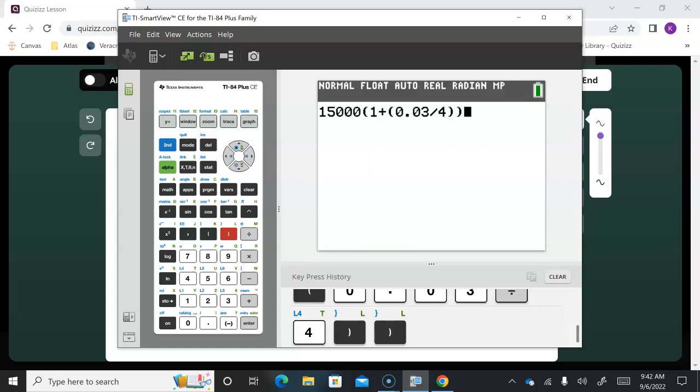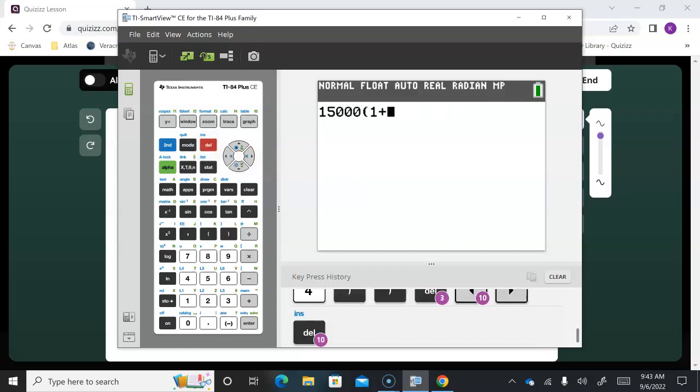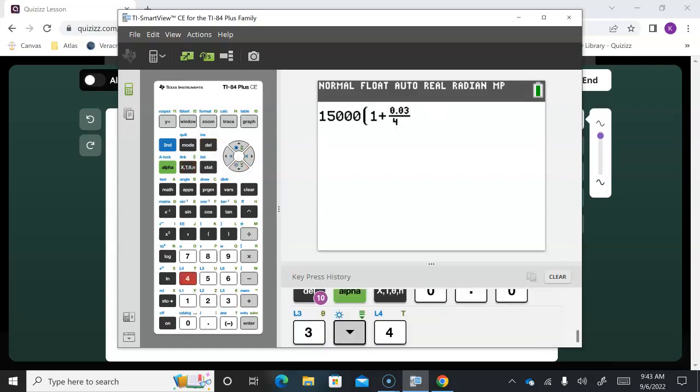So if you have the thick one, you have to do an extra set of parentheses for the fraction, okay? But if you've got the newer one, you can just put in the fraction with your numerator and your denominator. Okay? And then this part is really important. Close that parenthesis. You gotta close that parenthesis or you will get the wrong answer, because you'll be raising the wrong